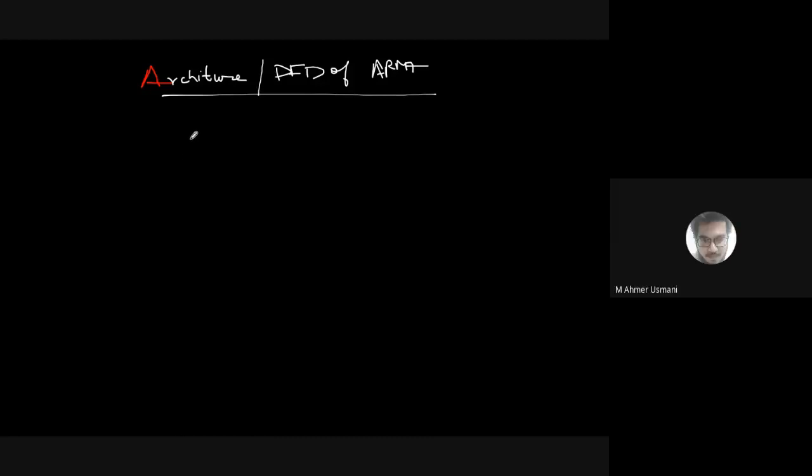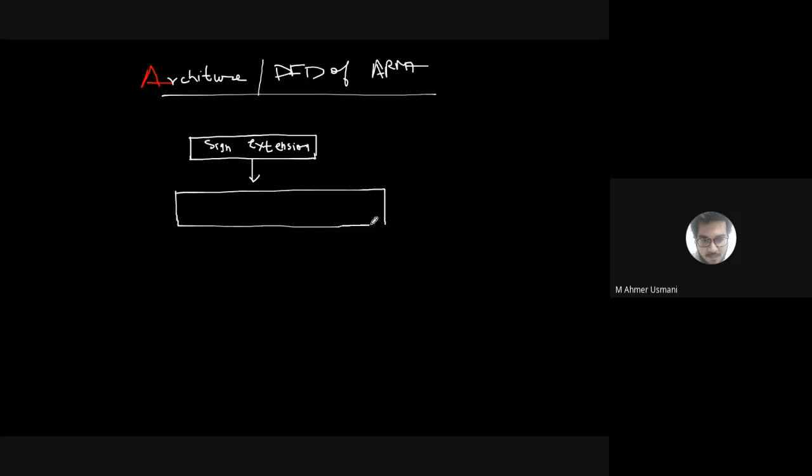So first we have a sign extension. It is not like as in यहाँ से start है. I'll just draw it and I'll explain कहाँ से start होगा. Okay. So there is a sign extension. Then from the sign extension, it goes to a register file. Okay, so register file के अंदर we have all the registers that we have.